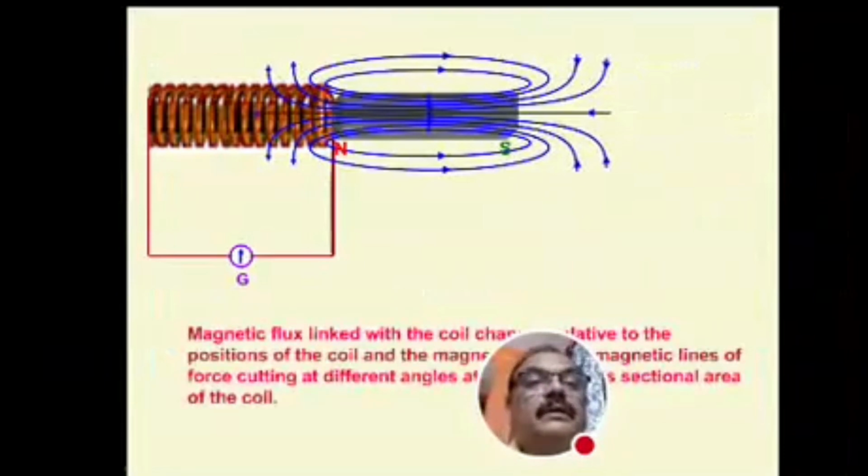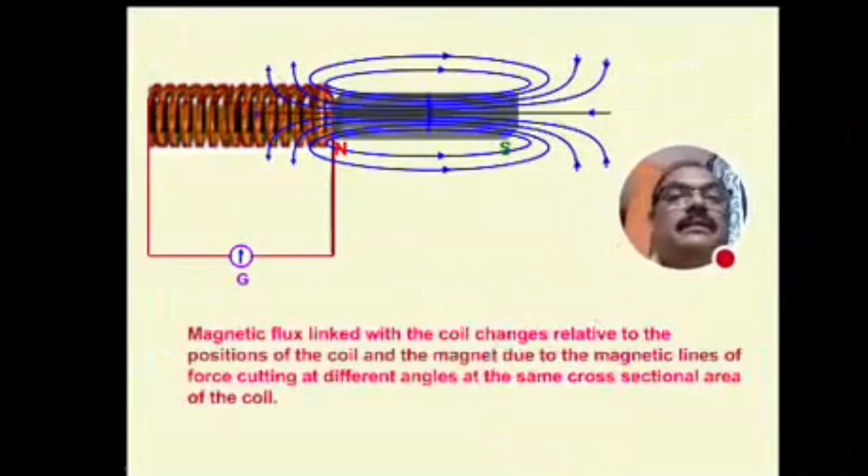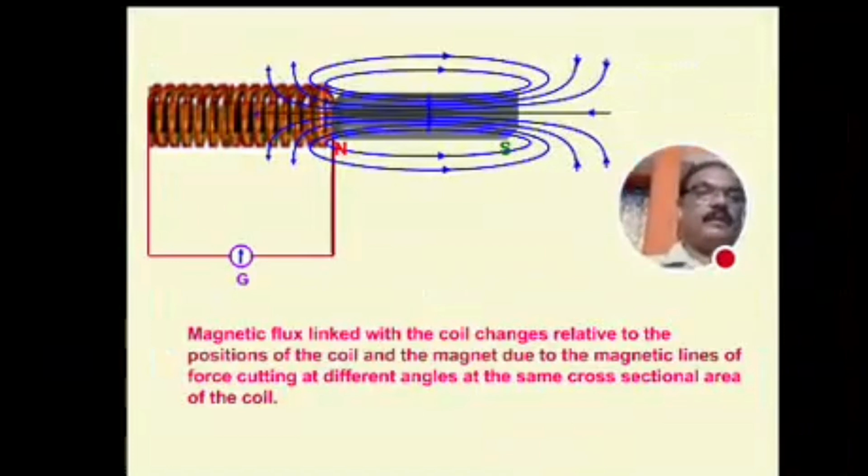You can see that the magnetic flux linked with the coil changes relative to the position of the coil, due to the magnetic field lines of force cutting at different angles across the same cross-sectional area of the coil. So what I just explained is, when the magnetic field lines are cutting, there will be